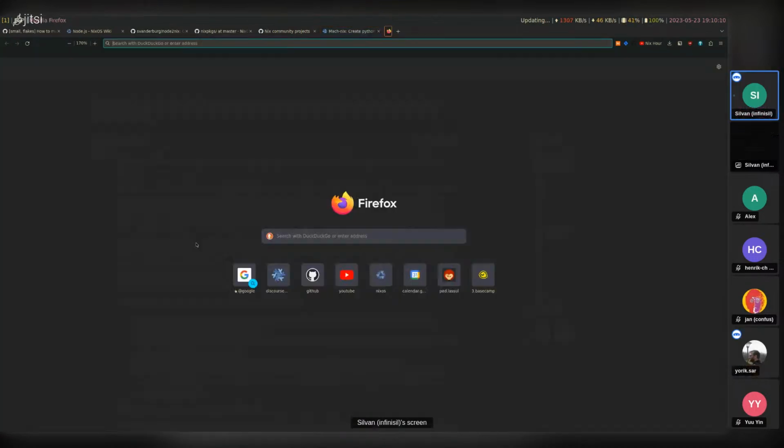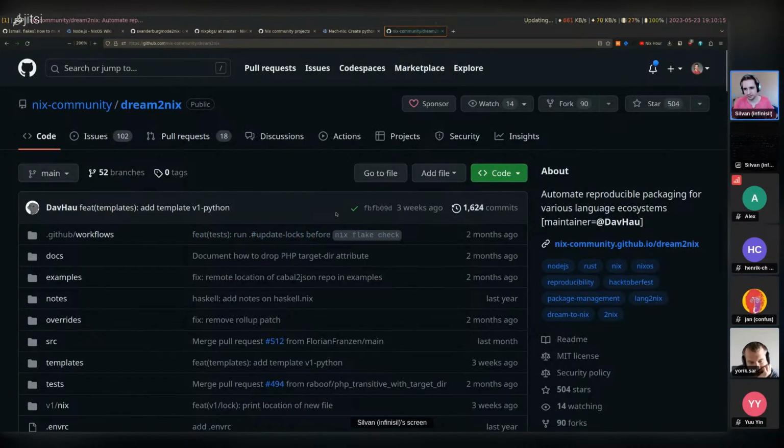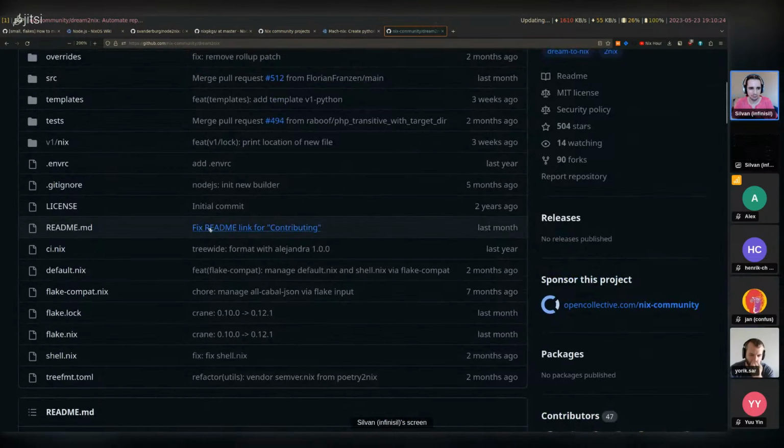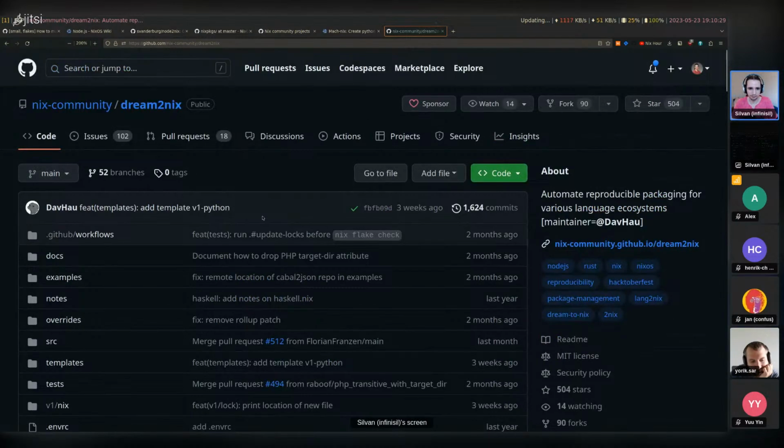Right, and then there's Dream2Nix, which was mentioned in the channel. This is, as far as I know, still in development. So if you go down here, yeah, it's unstable. It's not yet ready. It's in development. But this is an idea to unify a lot of these Nix tools, to fix one of the problems where it's kind of hard to discover them. They don't come with the same interface. You want to be able to switch them out.